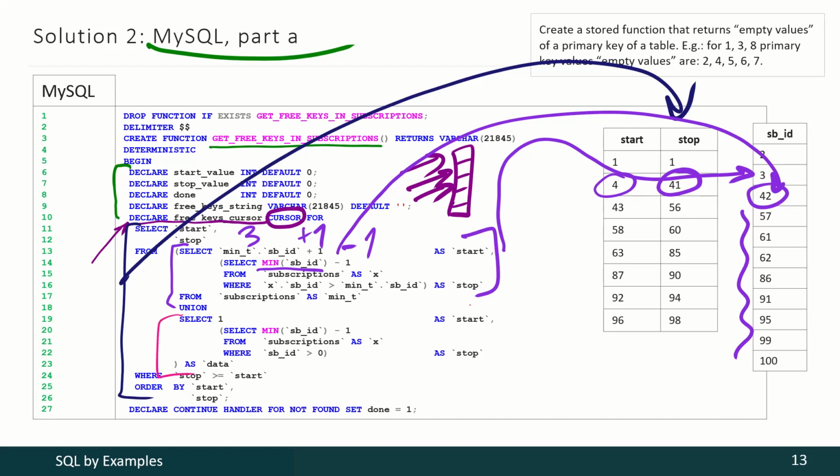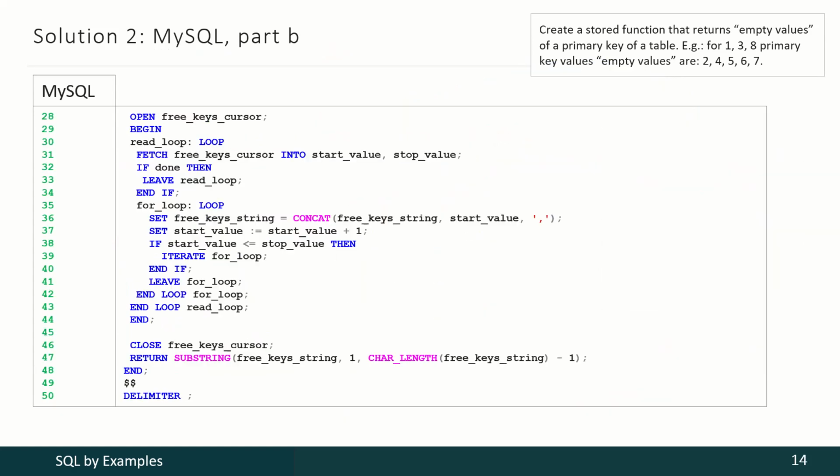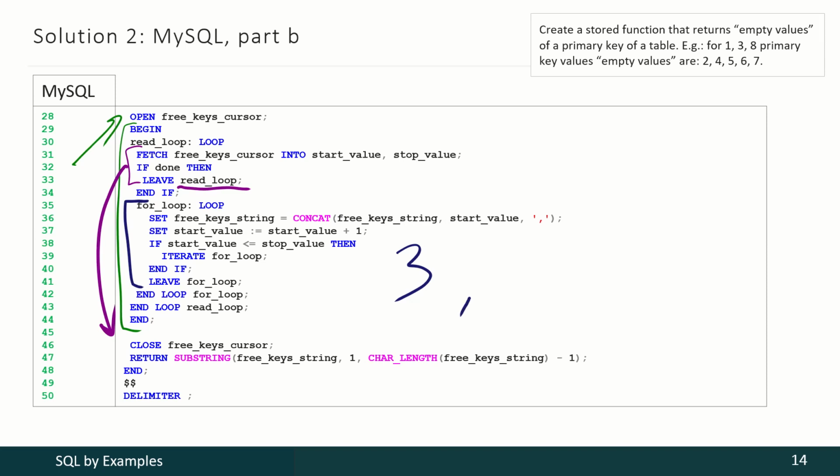And this part reacts to situations when the range has only the ending but not the beginning. So here it produces this pair of values. Then we have to open the cursor, we have to start executing the query, and we have to iterate through values produced by that query. This part allows us to detect have we reached the end of the data produced by the query, and if we did, we shall leave the loop. Inside the loop we have to produce intermediate values. For instance, if the beginning is 3 and the end is 7, this part should produce 4, 5, 6 values here.